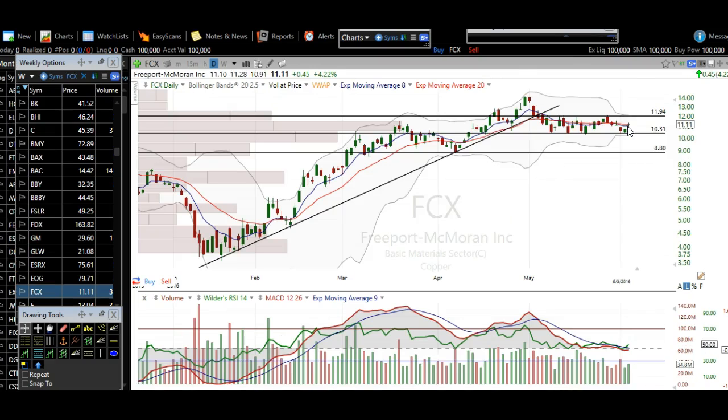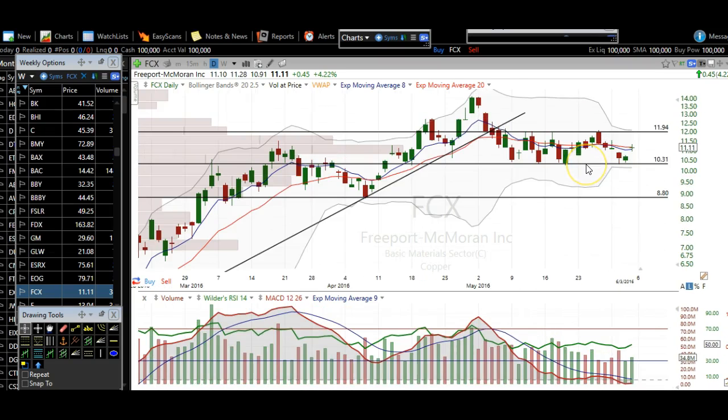Next, I want to cover Freeport, FCX, trading in a box. The high of the box is 12, the low of the box 10.30. A break of either of those price levels is going to send this stock for a pretty nice move, so just be aware of that. If we break below 10.30, we're going to hit 8.80. If we break above $12, we're going to come up here and tag that $14 level